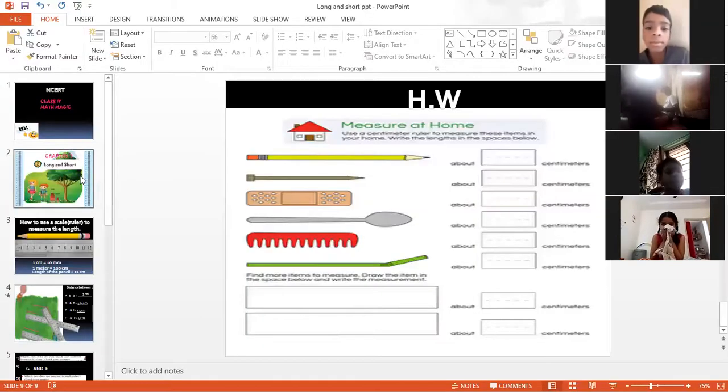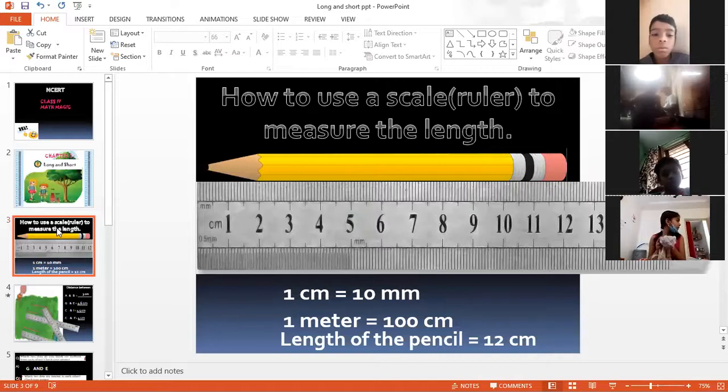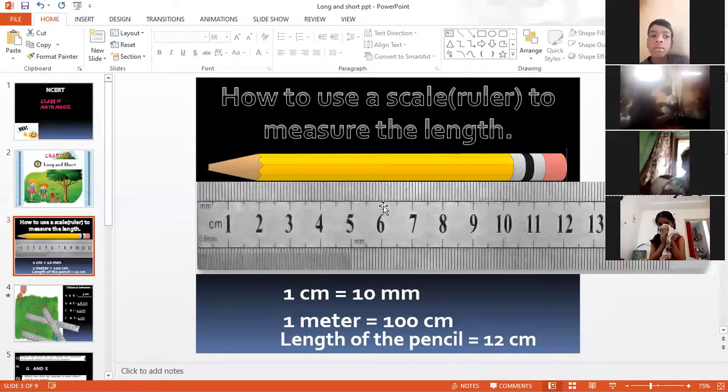I just want to share a small PPT about this. See, this is how we measure, how we draw a line using a scale. Suppose you want to find the length of this pencil. The beginning, the initial point, will be at 0. And wherever the length ends, that mark is the measurement we find. Of course, it is 12 centimeters here. We are getting the answer.